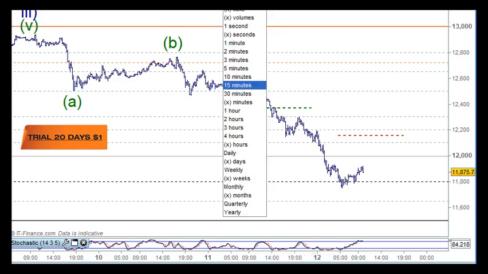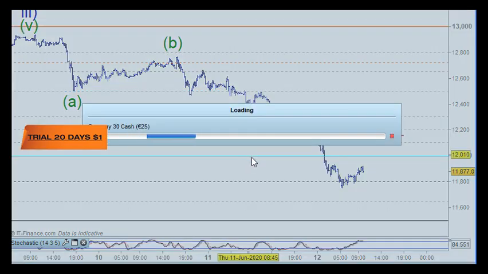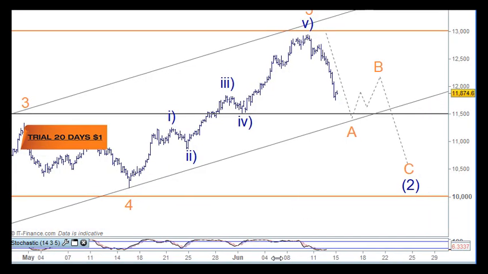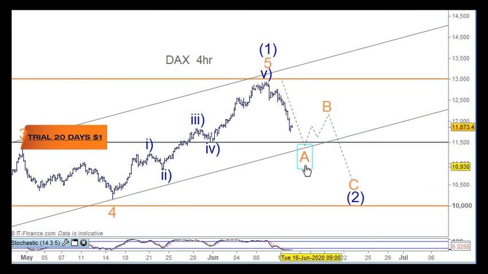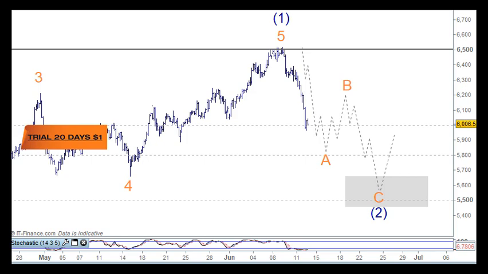So that's all good. Okay, so just to recap this a little bit, this is where we are now in that bigger picture. So we're just pulling that apart here. So we're looking for a move down into 11.5, and then a bounce off that for an ABC. This will be in line with the US markets as well, and then down from here. So we're going to have a look at the FTSE, but I won't go into a lot of detail. We'll just go into the same sort of pattern that we're looking at here. Spending the time on the DAX is the same thing.